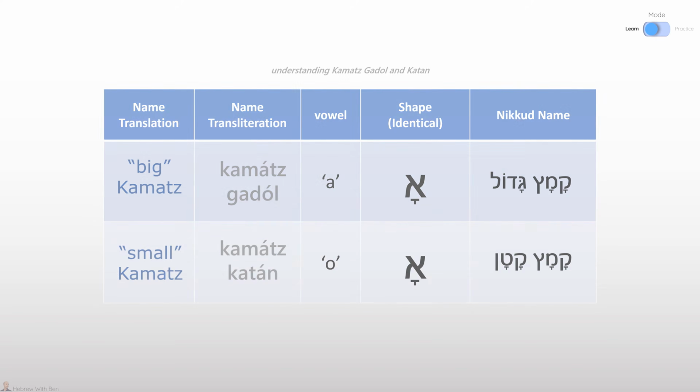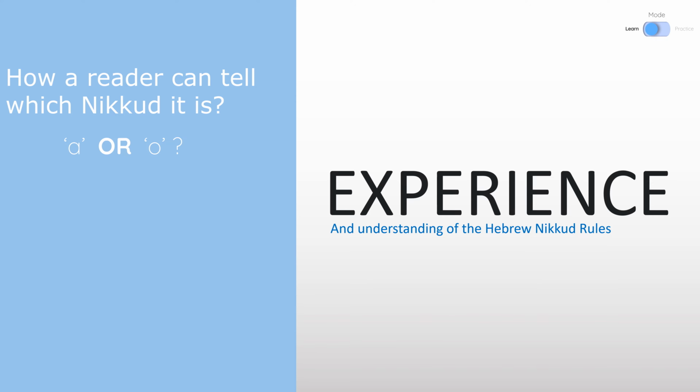This raises an important question. When reading a text in Hebrew, how do you know which Nikud it is? Well, as you can expect, the answer is practice and experience. Experience is not the entire story. There is also grammatical logic to it, but understanding when to use a certain Nikud sign requires an understanding of advanced Nikud rules, and this is beyond the scope of this lesson.